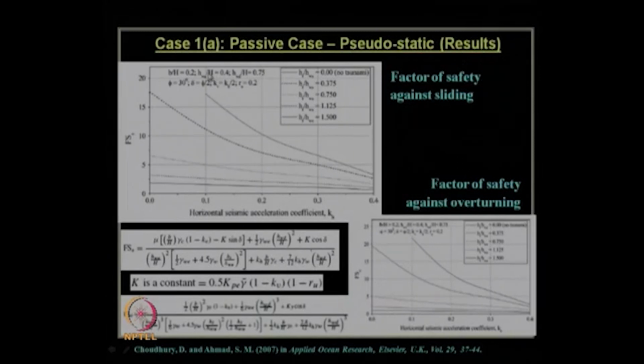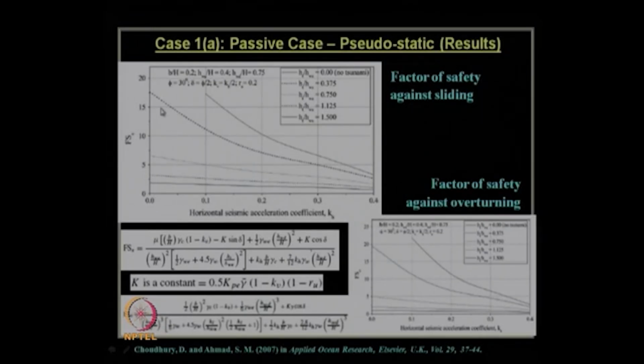Then we had seen that for the passive state, these are the results which show the factor of safety against sliding mode of movement with respect to various seismic horizontal acceleration coefficients, kh value, and for various heights of tsunami, the height of the water compared to the static height of the water in still water level. So, when it is 0, that means there is no tsunami, but when the tsunami starts coming, there can be variable height. So, based on that, we found that the factor of safety against sliding for this waterfront retaining wall